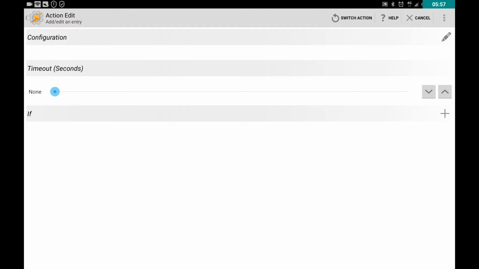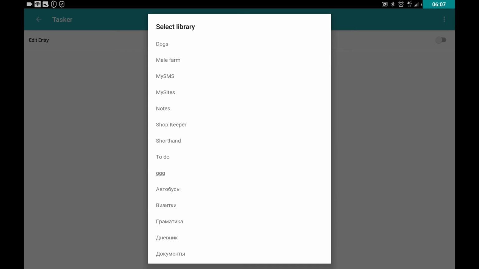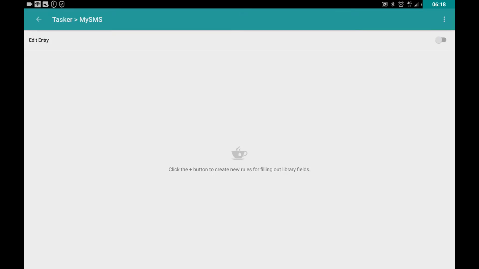So I press the pen at the top right corner of the screen, and it sends me to Memento. Here it offers me to select the library where I'm going to store my SMS. So I choose that library. We remember that I called that library my SMS. So I press on it,